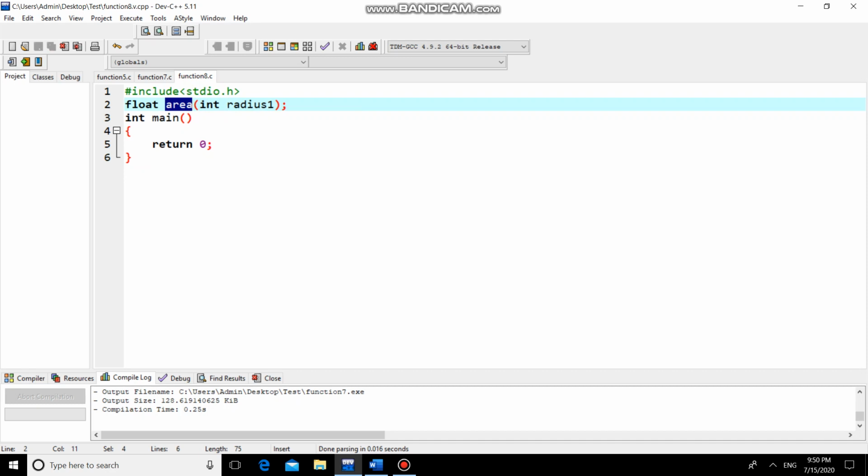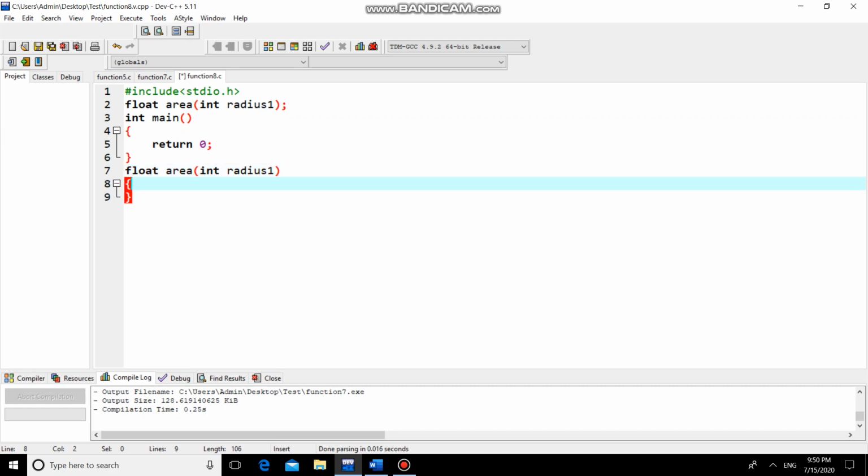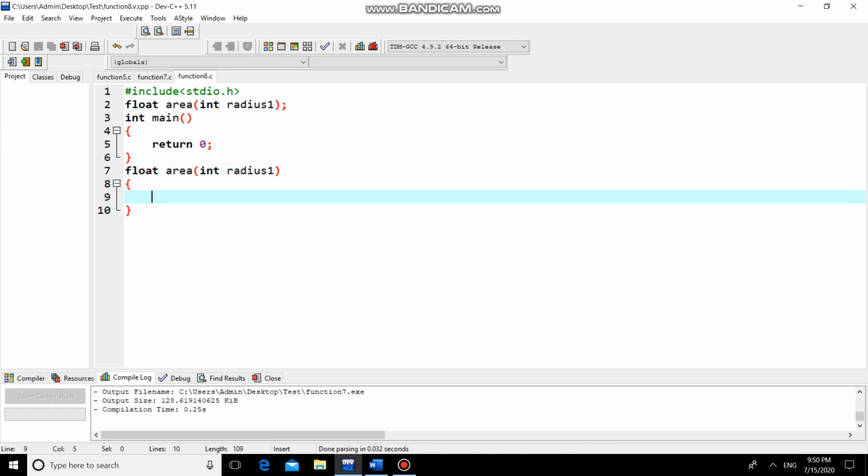See, area is a user defined function which will take one input, that is radius, getting, and this area function will return the area of circle which is in float. This is function declaration. Copy this and this will be your function definition.